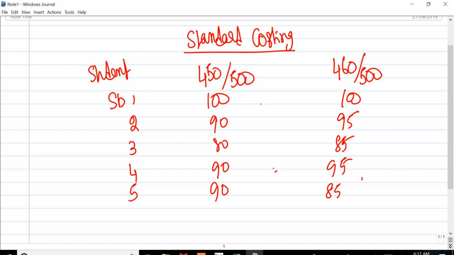In subject 5 you have screwed up. You said that you will score 90 but you have ended up scoring only 85, and there is scope for improving your performance in subject 5. Now the subject 1, subject 2, whatever you are saying, technically for a company